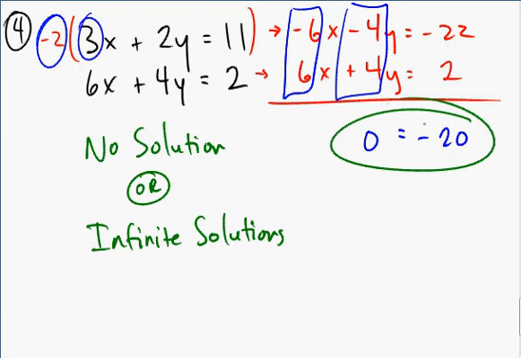If this is false, no solution. For example, does 0 equal -20? No, that's not true. So the answer is no solution. If this is true, then the answer is